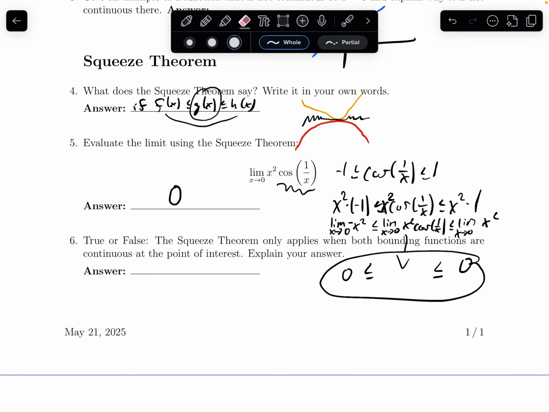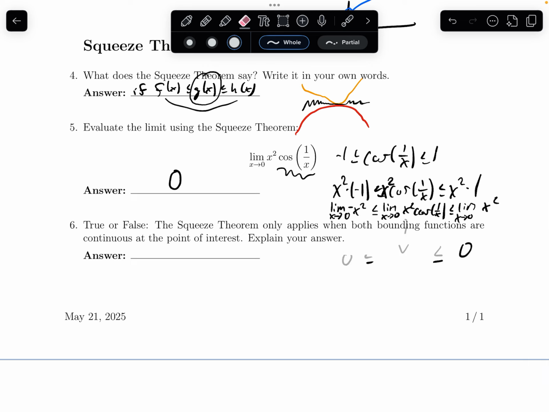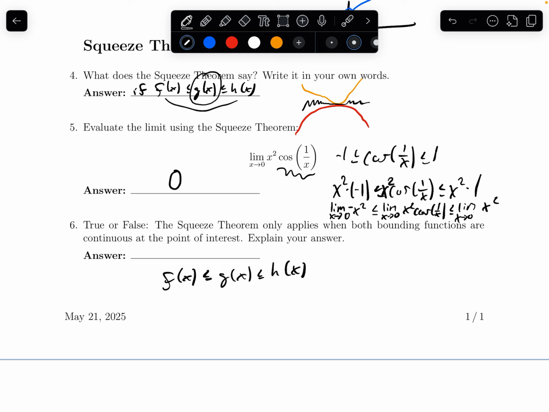Next, true or false. Oh, and this is our last question. True or false, the squeeze theorem only applies when both bounding functions are continuous at the point of interest. Well, what do we require for the bounding functions? We just require that the limit at that point exists, right? I'll write it out so it's a little more clear. So we want f of x less than or equal to g of x, less than or equal to h of x, and if you check your lecture notes, it should say this for all x